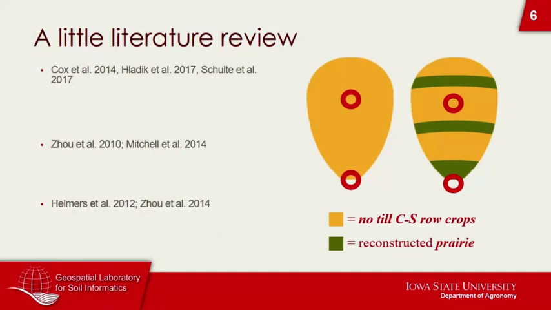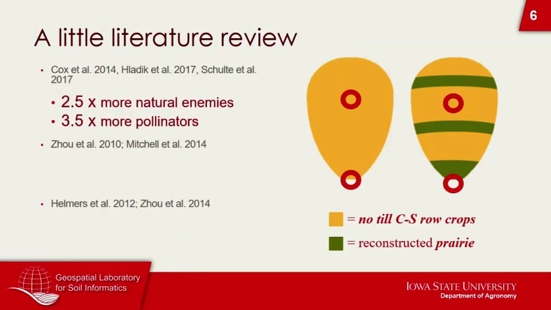So for a little bit of literature overview. Cox et al. and some others have cited that there's 2.5 times more natural enemies in fields with prairie strips. They've also cited 3.5 times more pollinators. Zoe et al. and Mitchell et al. have